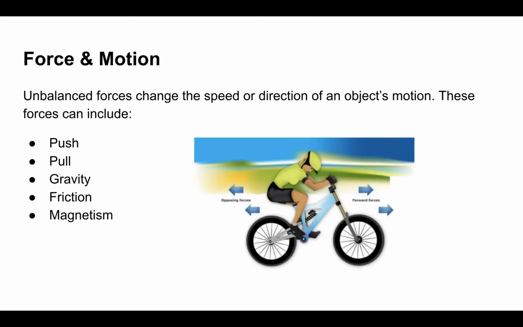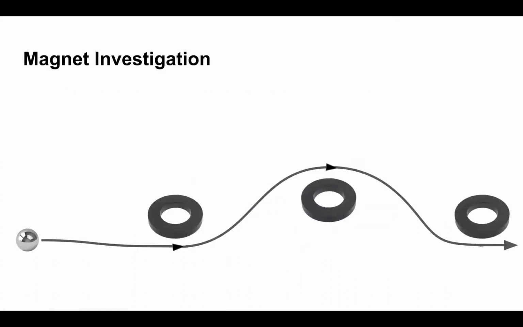And that's what I'm going to try to do today, is do a little investigation using some magnets and a steel ball bearing. So I'm going to take a ball bearing and try to roll it down a little ramp, and get it just close enough to the first magnet that the magnet will make that ball curve to the left, change its direction, but yet fast enough that it won't get stuck to that magnet and it'll make it past because of gravity, and then move to the next magnet and get pulled back to the right by that magnet, but still moving fast enough that gravity allows it to move on to that third magnet